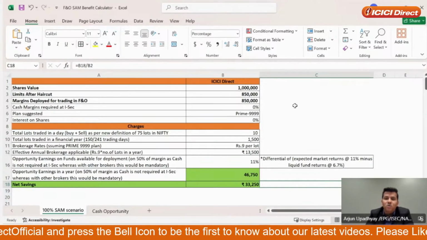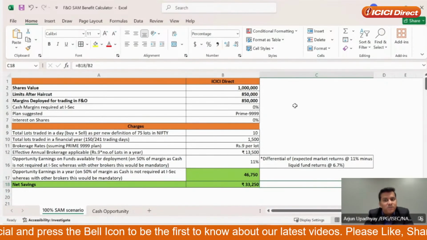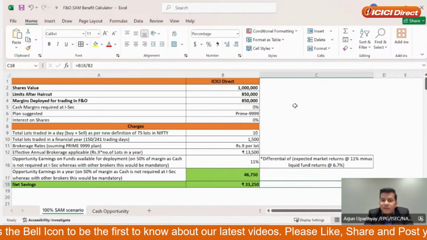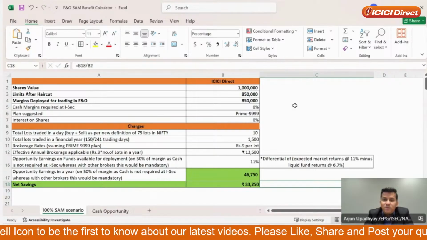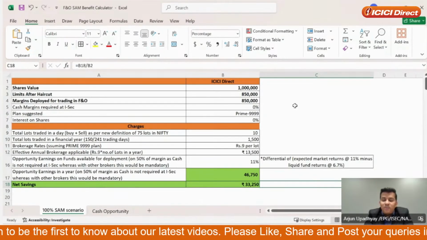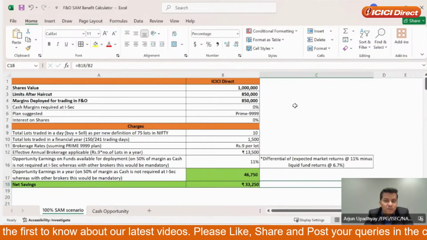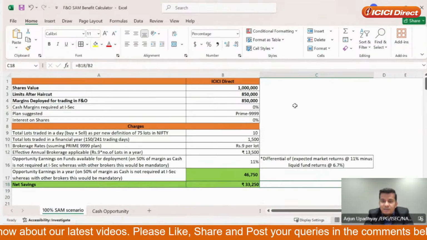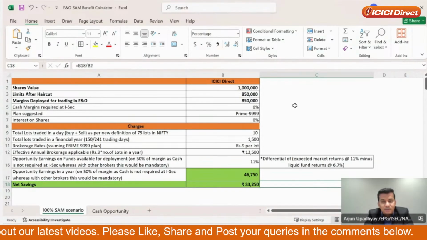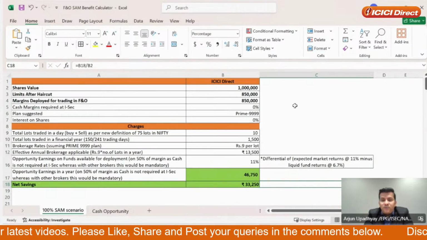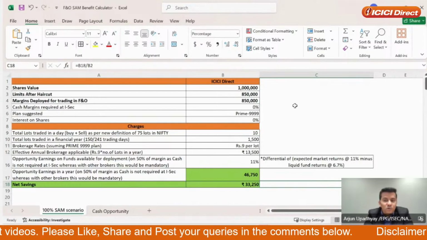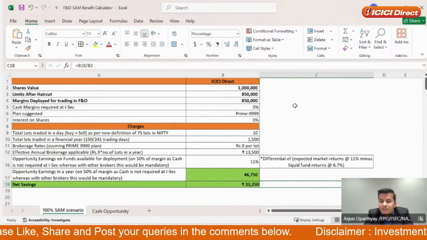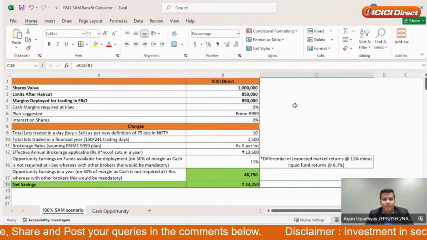What are the costs that we carry into the markets? Obviously, brokerage is the biggest component. On brokerage, if I'm a cash customer, my head start when I'm in the ICICI Direct platform is 1.5 to 2% saved because of the underlying account continuing to earn savings rate interest. If I'm a shares as margin customer, because I don't have to bring in cash and my shares as margin is not charged, there's no interest. Around 3 to 3.5% is what I save, right? And these are very important numbers. And there is no other combination. So irrespective whether I bring in my margins as cash or shares, there is a head start that I get on the platform, right?